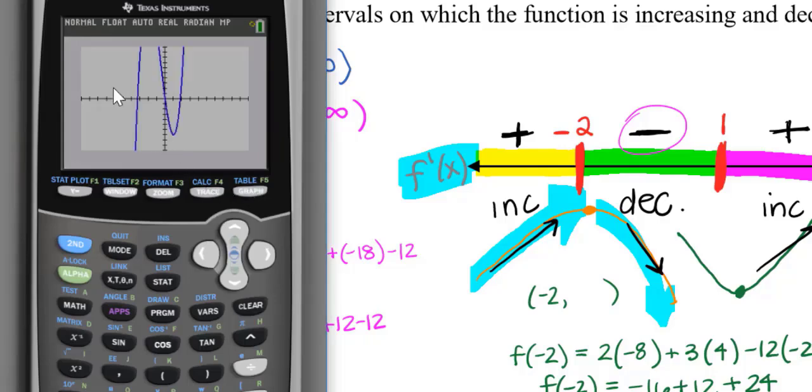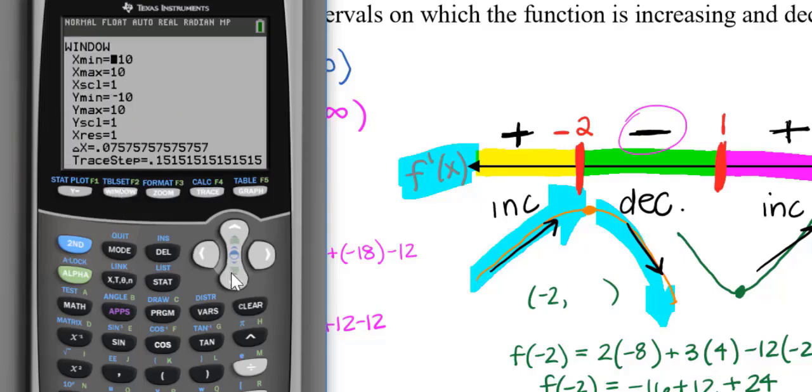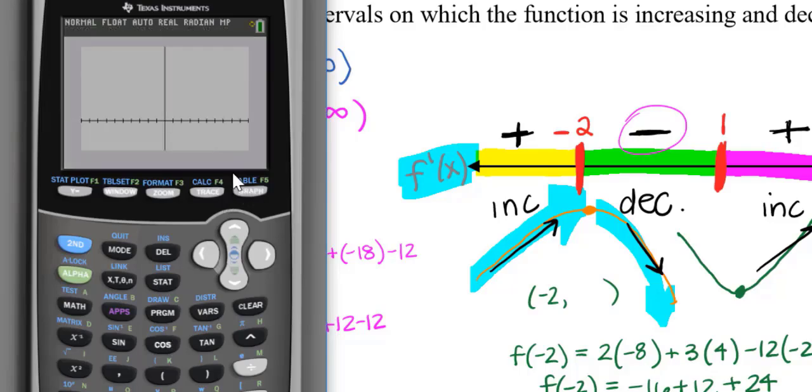If I'm in that standard window where I'm going -10 to 10 for x and -10 to 10 for y, it should make sense to you that I'm not going to be able to see this whole relative maximum because it's up at 20. So we might want to go to our window. X's are fine for now, even though I know I could shrink them a little bit, but we need to go up further. So I'll go up to maybe 25. And one other thing you may be interested in doing is turning that y scale off, because when it's 1, it's going to show you all those little tick marks and you're not really using them to count anyway. So you can see now I have a nice clean looking y-axis there.